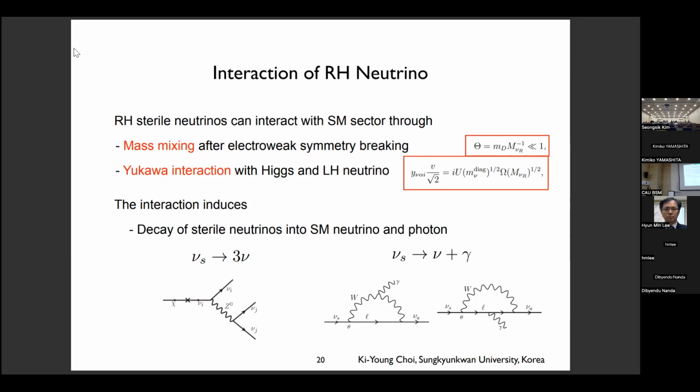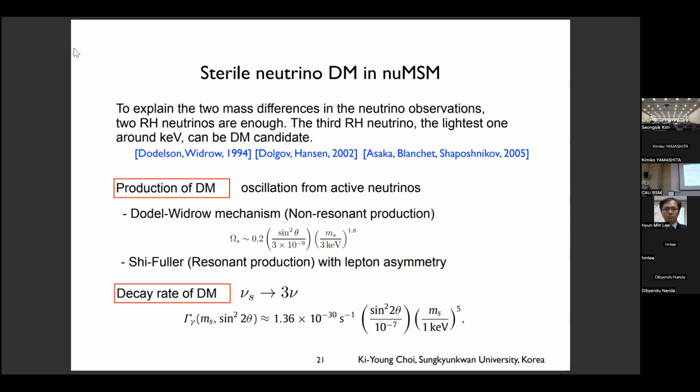So usually a massive sterile neutrino can have a signature of an X-ray signal in the present universe. So many people have studied this sterile neutrino as a dark matter candidate, or to explain some anomalies in the neutrino oscillations. Anyway, this sterile neutrino has this interaction in the early universe. It can be produced. So the standard production is through oscillation with active neutrinos. That is called the Dodelson-Widrow mechanism. So it's a typo, the "son" is missing.